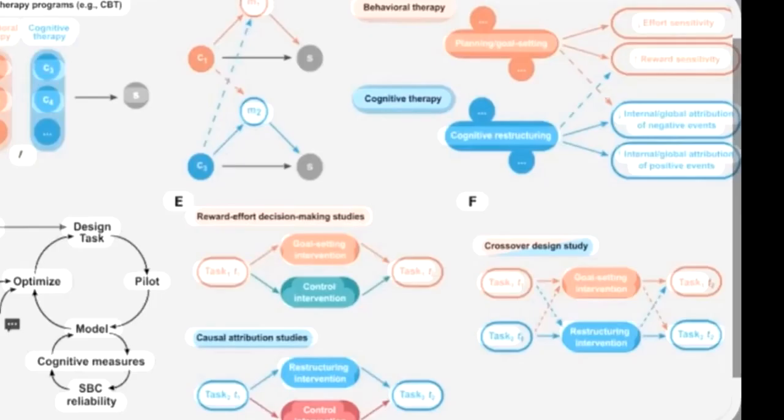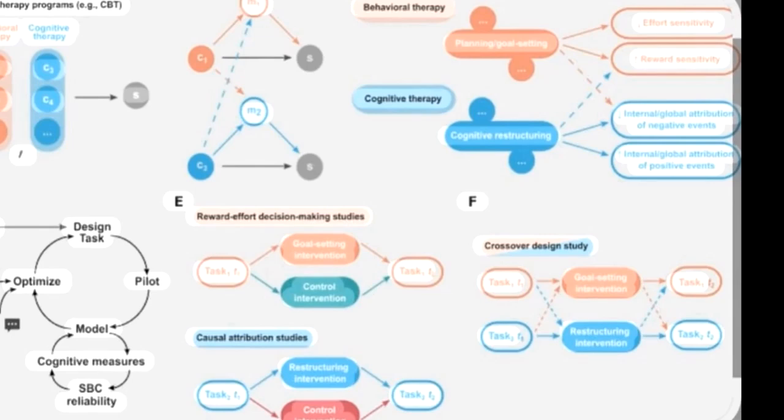Cognitive restructuring is a core technique used in cognitive behavior therapy. It refers to the process of identifying, challenging, and replacing negative, irrational, or unhelpful thoughts with more balanced, realistic, and adaptive thought patterns. So the basic idea is that it's not the situation that upsets us, but how we think and how we interpret that situation that affects us. Cognitive restructuring helps individuals understand the connection between thoughts, emotions, and behavior and teaches them to change harmful thinking patterns